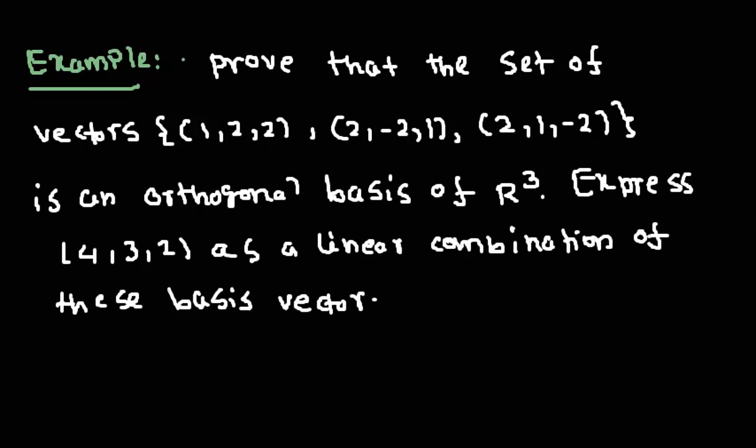First of all, we have to check that this set forms a basis, and that this set is an orthogonal set. Orthogonal basis means orthogonal as well as a basis. Then, using the results, we know that because (4, 3, 2) is a vector in R3, and if this set of vectors is a basis, this vector can be expressed as a linear combination of the above set of vectors. You can say that (4, 3, 2) belongs to the spanning set of these vectors, which means you can express (4, 3, 2) uniquely as a linear combination of the above three vectors using the formula of projection.